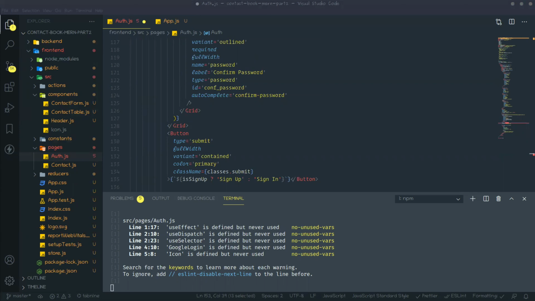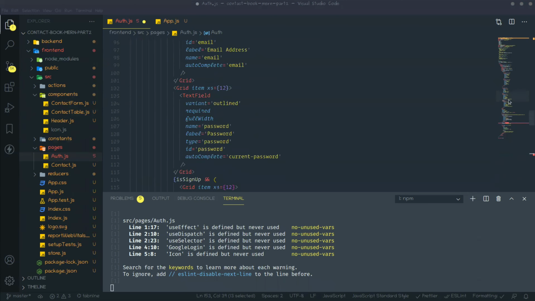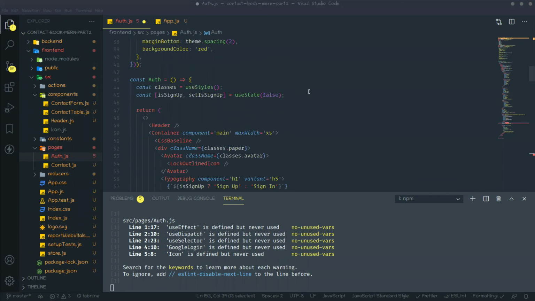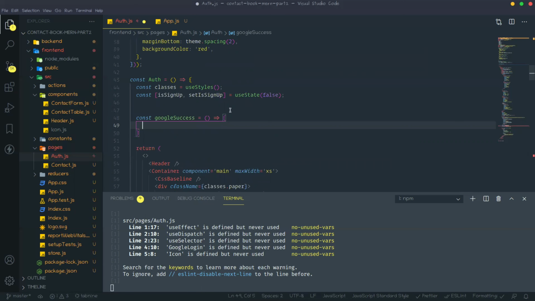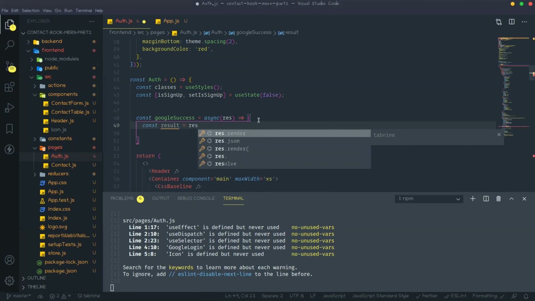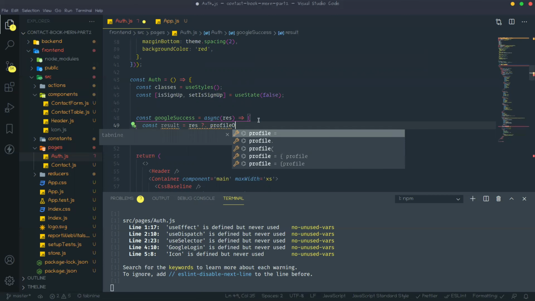Okay, so for Google success, what we are doing, go up here and create one function, const googleSuccess equal to an asynchronous function, and here it will take one argument, that is response, and just const result equal to res profile object.